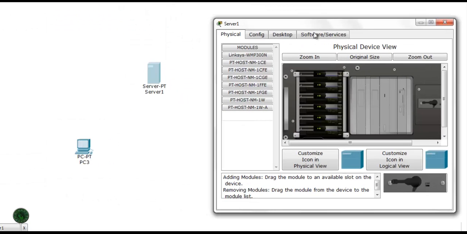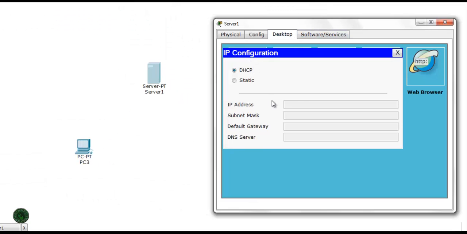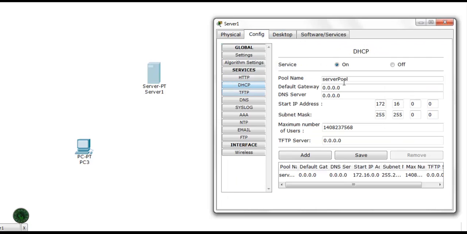Now set the DHCP IP addresses in the DHCP server. In this case I am going to use 172.16.1.10, subnet mask 255.255.0.0, default gateway 172.16.1.1, and DNS is the same. In the DHCP configuration, use the default gateway 172.16.1.1.